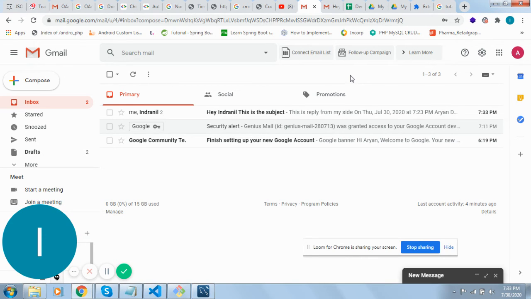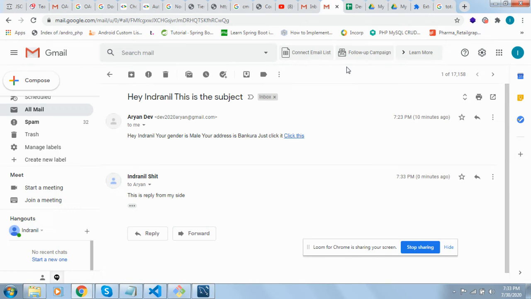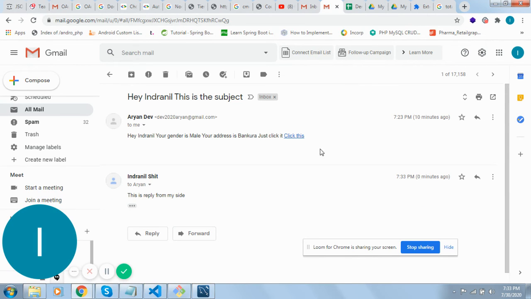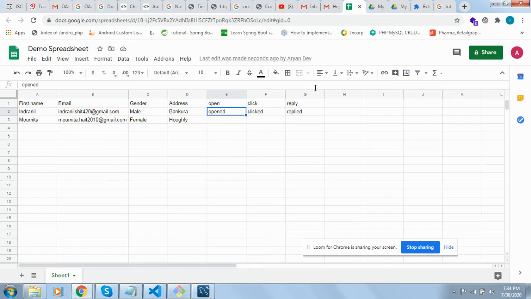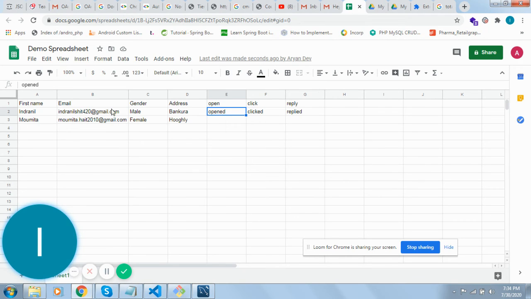So by this we are tracking this email, that from this email address I have received a reply. So now you can check your spreadsheet, that from this email address that mail has been already replied.